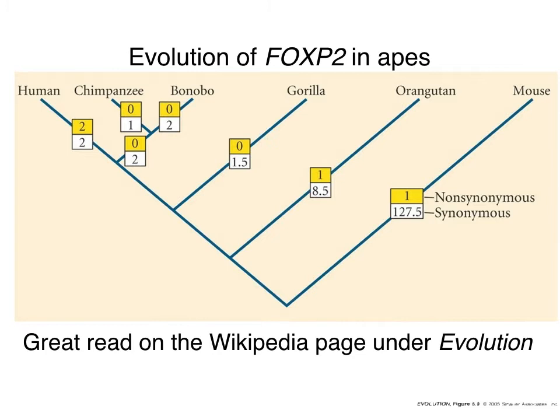Now, what's been really interesting here and intrigued biologists is that a mutant form of the FOXP2 gene, a mutant allele, is common in individuals that have speech difficulties, leading some scientists to believe that this gene is critical to speech in humans, okay? And the fact that there are 2 non-synonymous changes that exist in all humans, differing from all other apes,